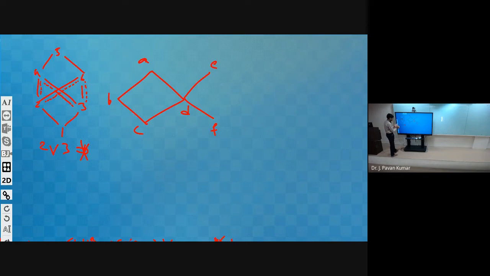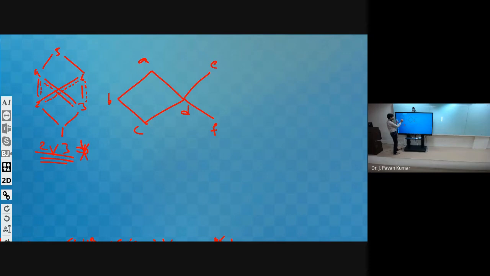Understand? Try to understand the point here. In order to show that something is not a meet semi-lattice or join semi-lattice, what we have to do is find one pair which does not have that meet or join. That is sufficient to claim that it is not such a semi-lattice. Got it? So 2 and 3 is the pair where we do not have this. 2 join 3 does not exist.